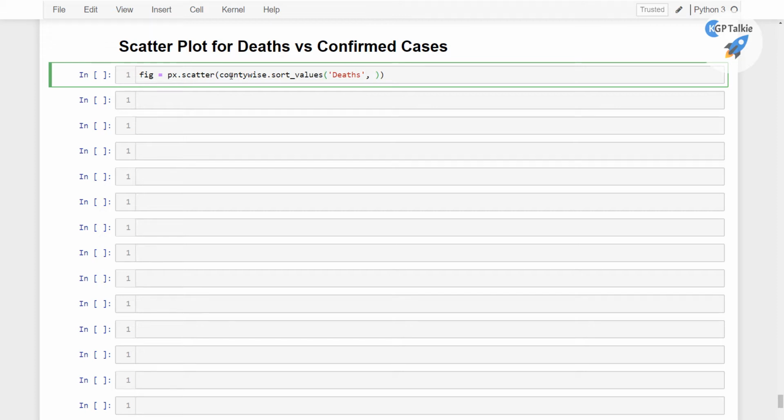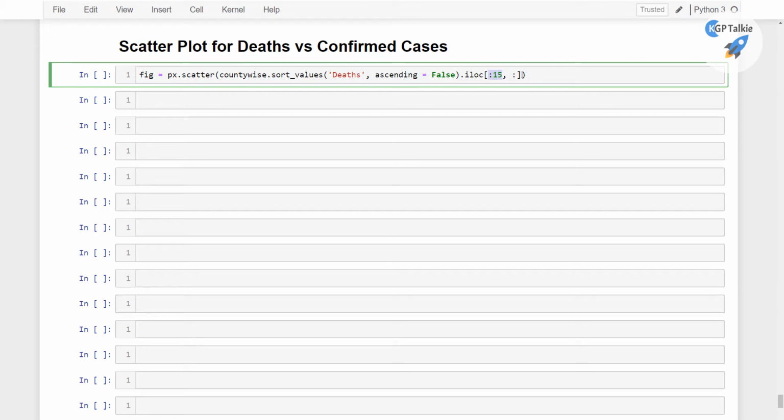So what I'm gonna put here, ascending is equal to false, that means it will be sorted in descending format. And then I'm gonna select the first 15 values, which you can select with iloc, from the 15 location, and all the columns. So this is going to select the first 15